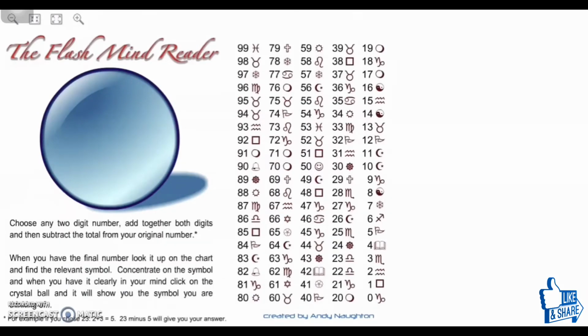As I said before, you can go to that link. You can play this game any number of times. Whatever number you get, in front of that there will be a symbol, and that symbol you have to think in your mind. It should be stored in your mind, and that will be read by this circle, and that circle will show you that symbol exactly.